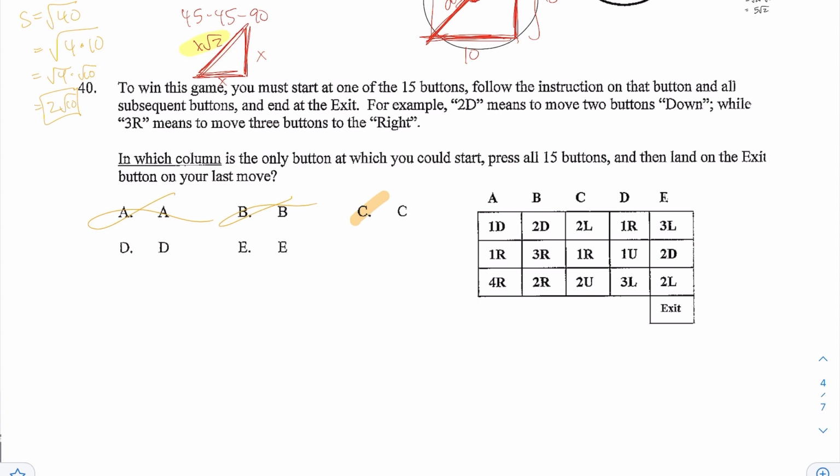All right, actually, let me redo this one, the middle one. So here you go: 1 to the right, then go 1 up, then go 1 to the right, and go 3